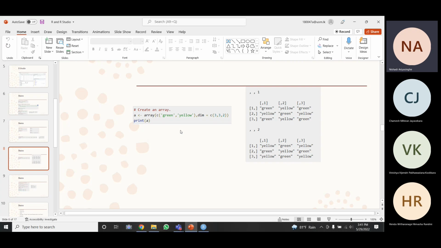When you are creating an array, you just give a name. The similar format is there. Give a name, and then you mention that it is an array, right?